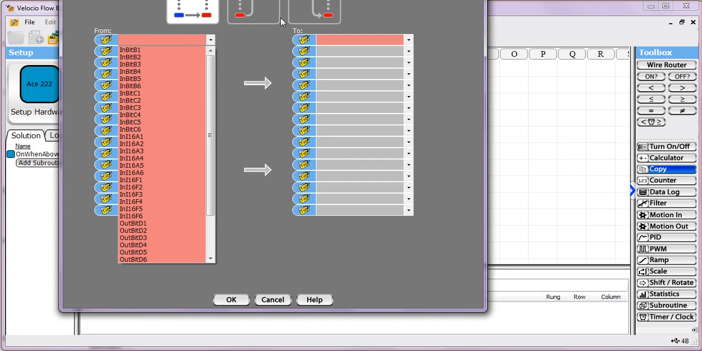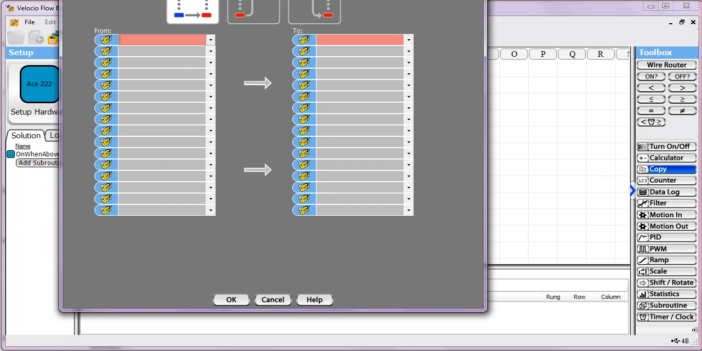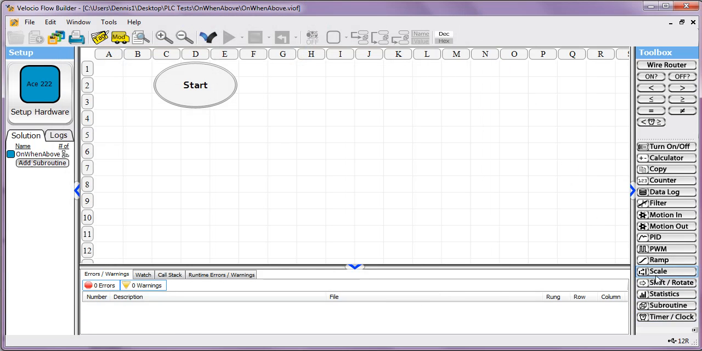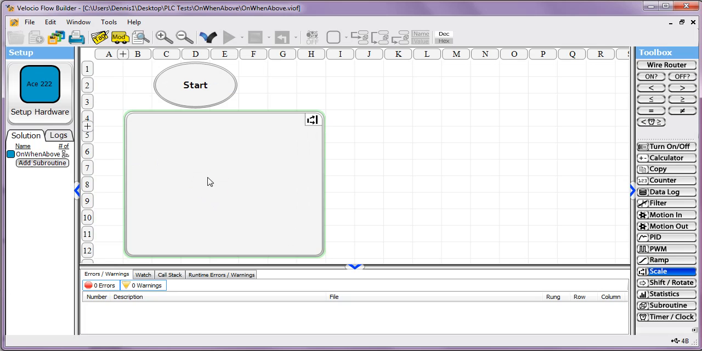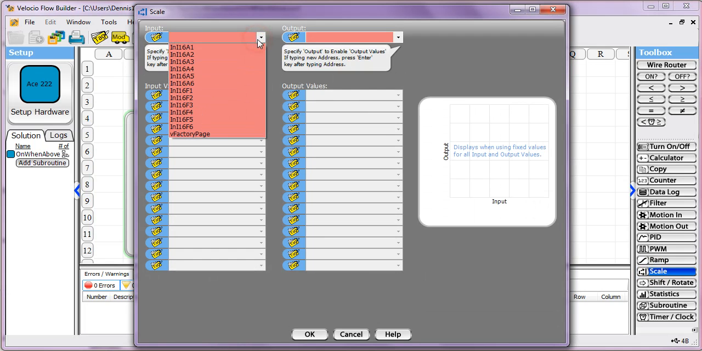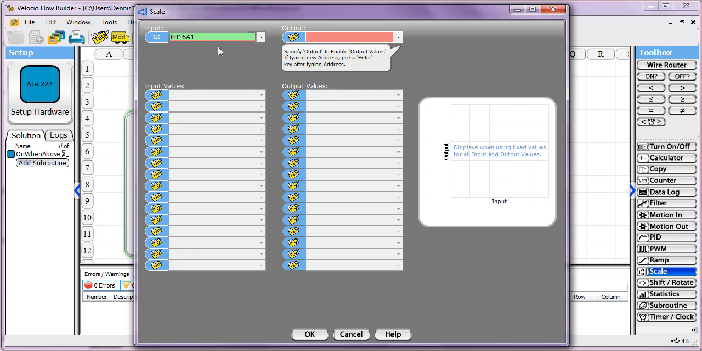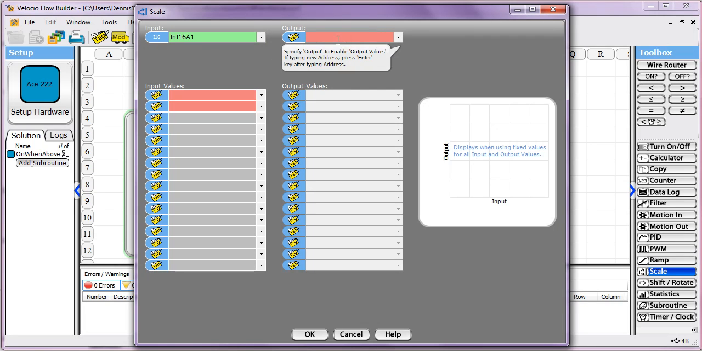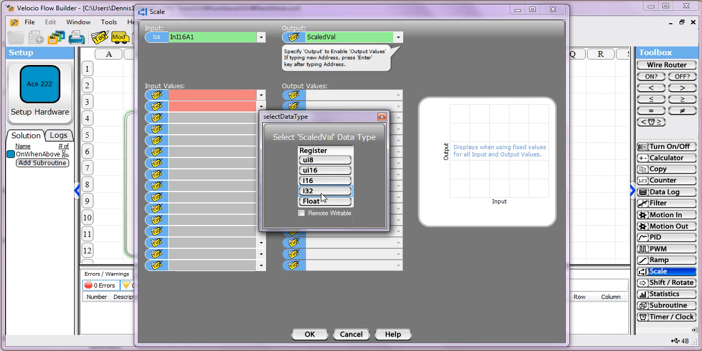So I'm going to, I did a copy. I actually meant to do a scale. So we're going to do a scale function here. And what I'm going to do is take the input value, which I'll select my input A1 in this case, and I'm going to convert it from its